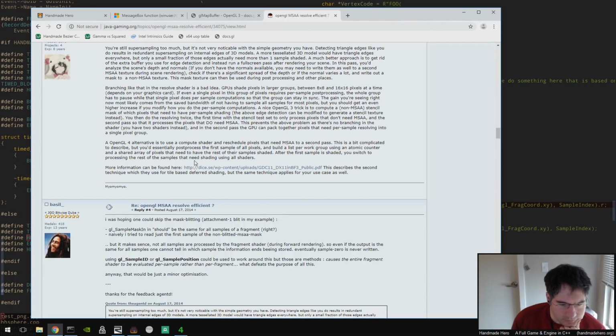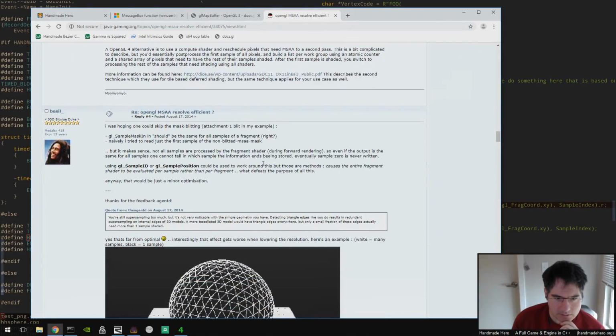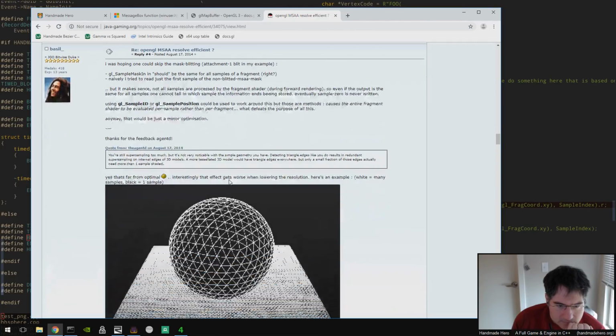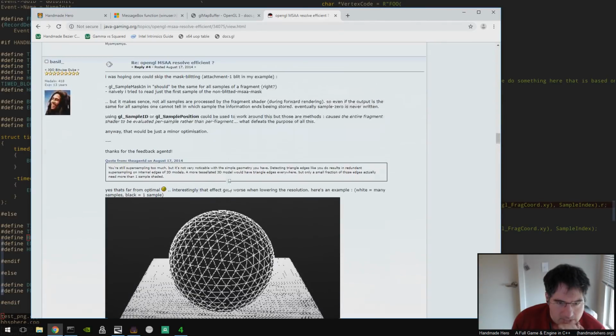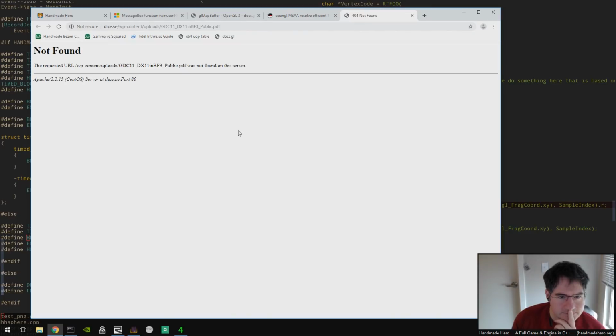So it says using gl_SampleID or gl_SamplePosition could be used to work around this, but those are methods that cause the entire fragment shader to be evaluated per sample rather than per fragment. Yeah, I don't know. It's like DICE took down this